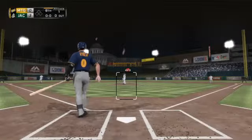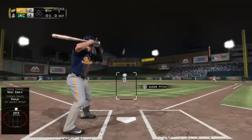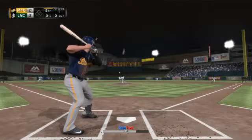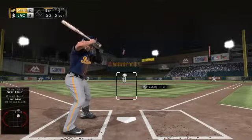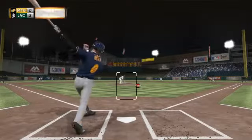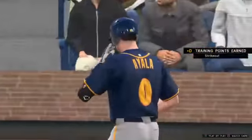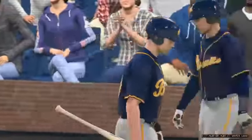Sends that one out of play for strike one. And it's quickly 0-2. Nothing in 2 count, and the pitch. Fastball swung on and missed for the first out. The batter, third baseman,